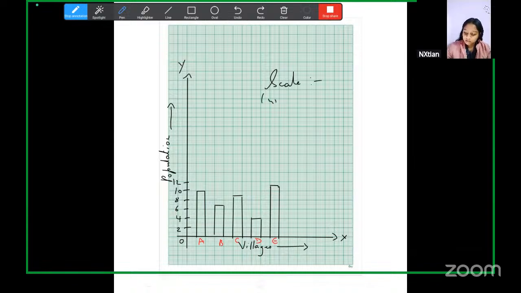1 unit equals to 10 centimeter. And ma'am, if a person wants to find out how much, if we just say the population of villages, they will think that in one village only 4 people are living. No, you'll have to show the calculation, the previous calculation that I've showed you,